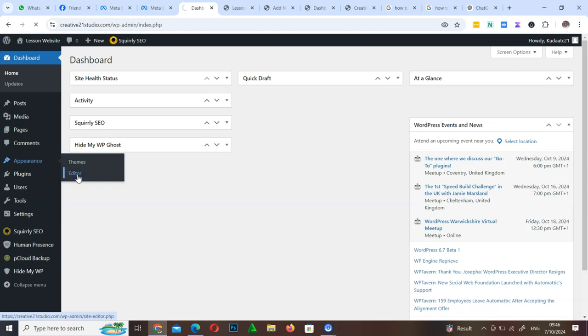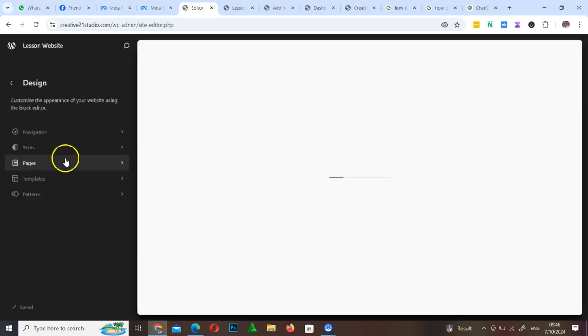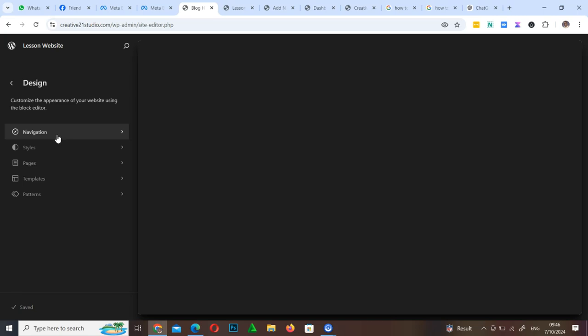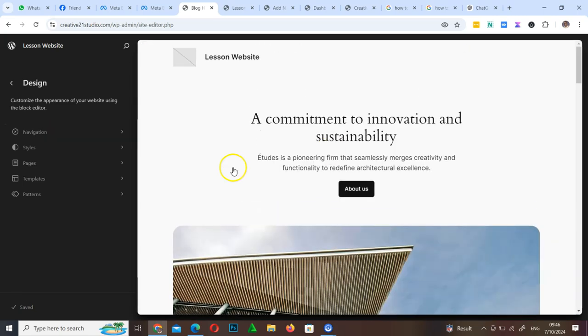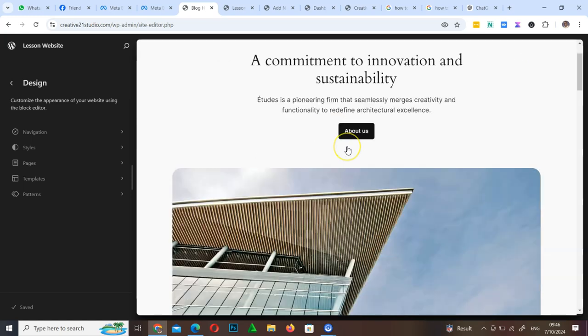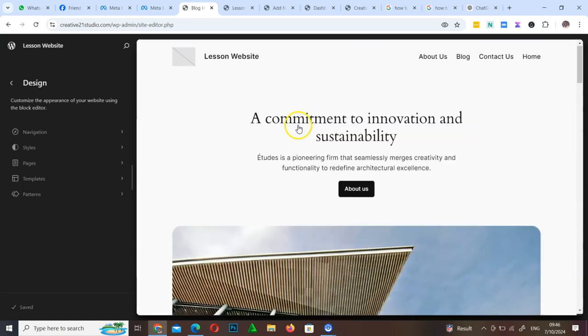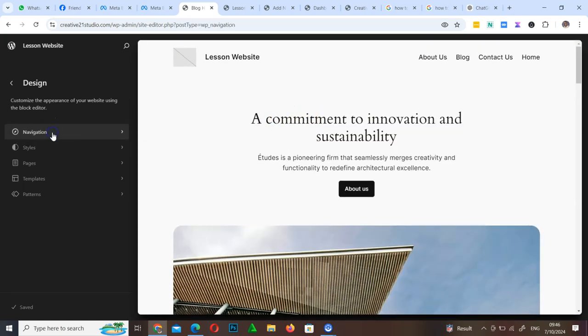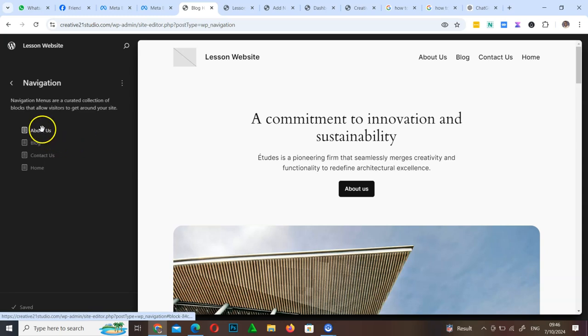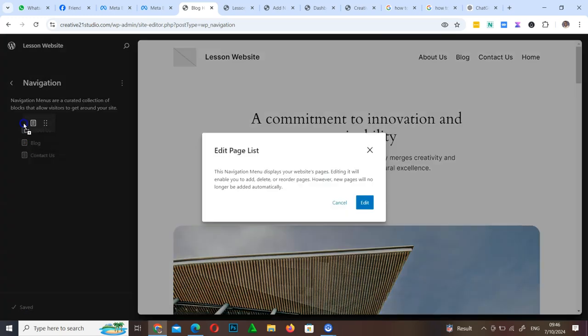So I'm just going to click on editor. Once I click on editor, it's going to give me some options because it is taking me to the edit of the website. If I click there, I'll be able to edit. So I'm going to go to navigation. Once I go to navigation, as you can see, this is the navigation that I need to work on. So what I can do is I can move